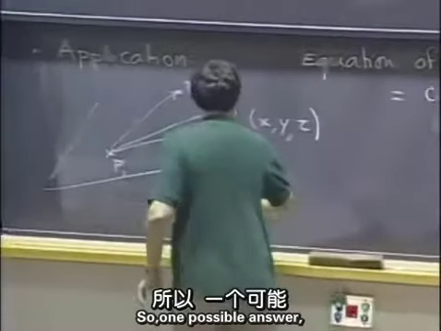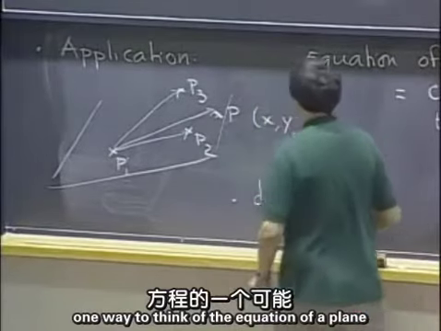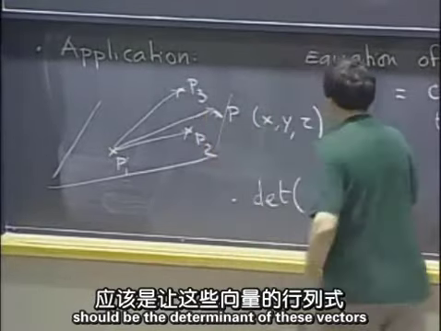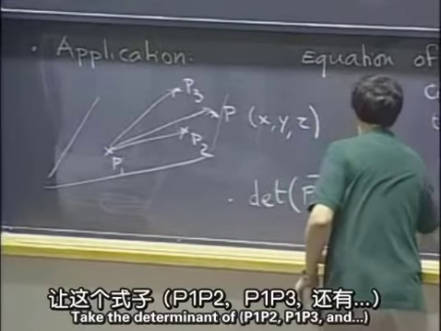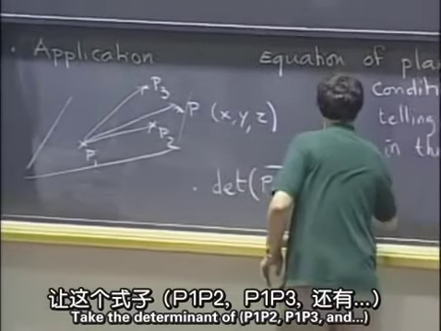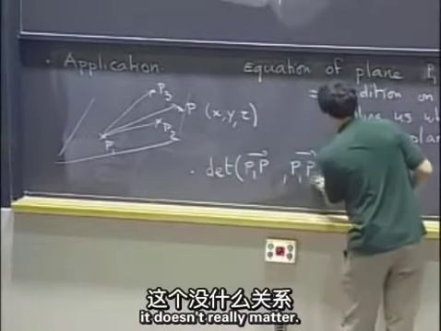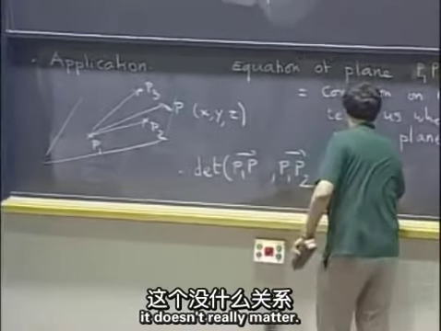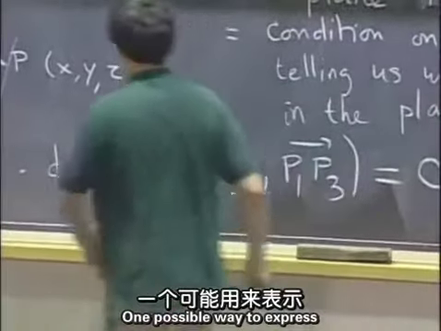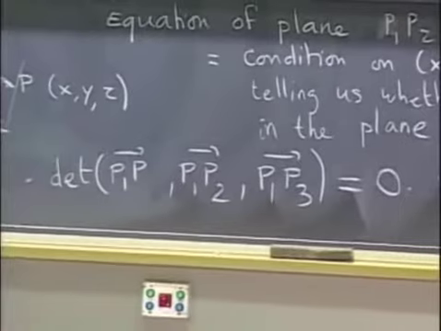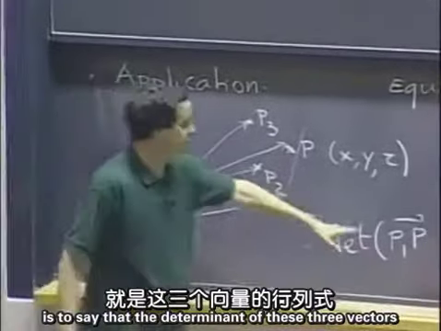So one possible answer, one way to think of the equation of a plane, should be that the determinant of these vectors should be 0. Determinant of P1P2, P1P3, and actually let me do it in a different order. It doesn't really matter, but one possible way to express the condition that P is in the plane is to say that the determinant of these 3 vectors has to